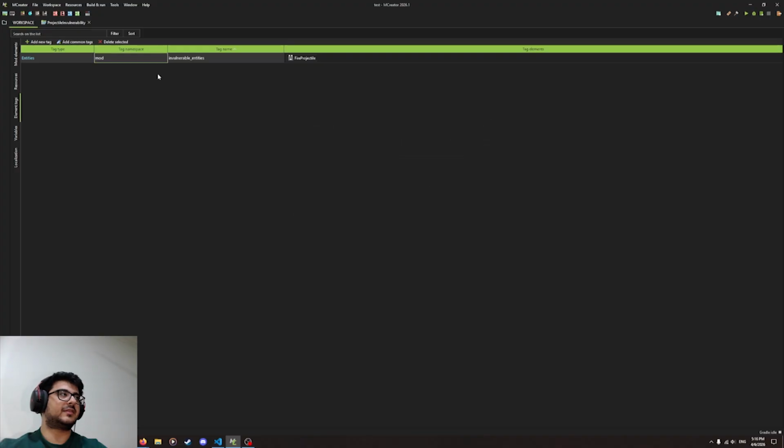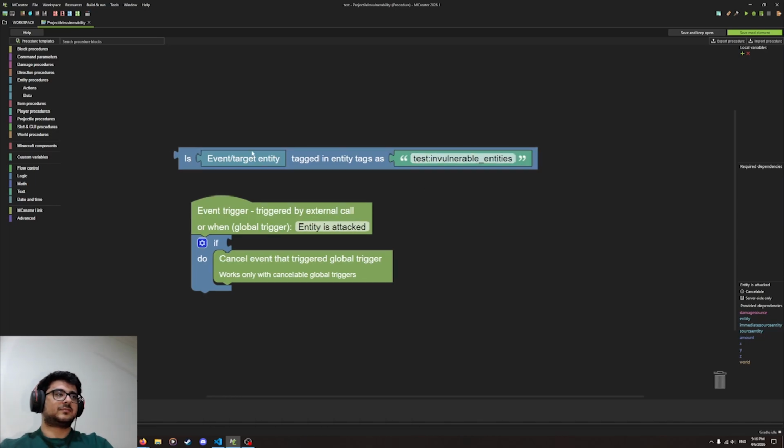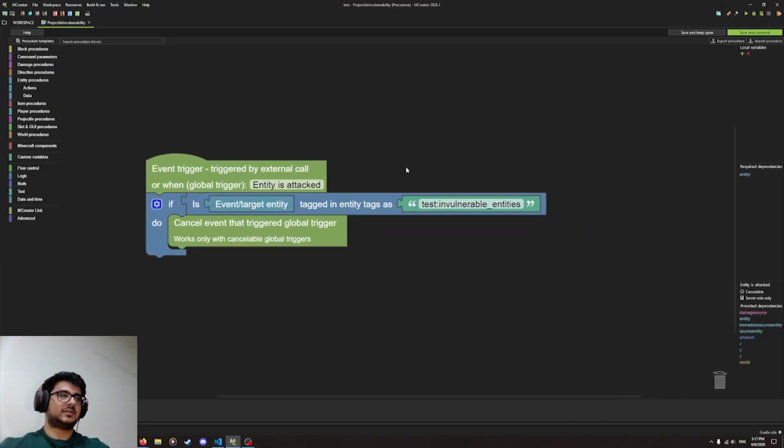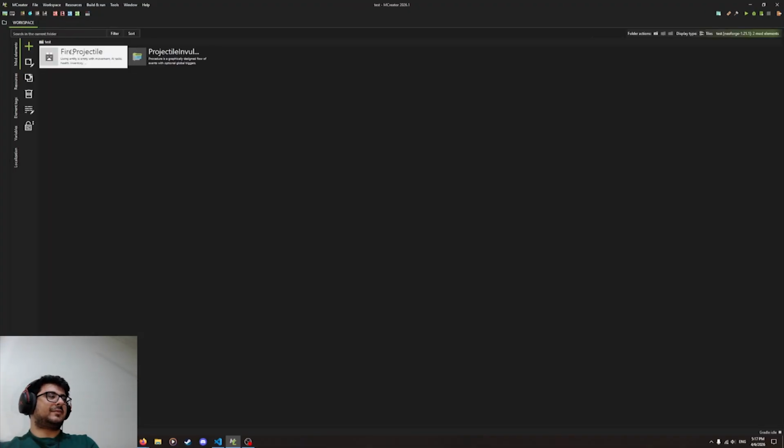Just you can have that. So my namespace is called test, so I have to type in test like that and paste this here. So you can just do this, and basically if the entity is tagged as invulnerable entity, it will not get hurt from attacks. Okay, now that we have done this, the invulnerable entity, and we have made the projectile, now what we could do is actually first let's